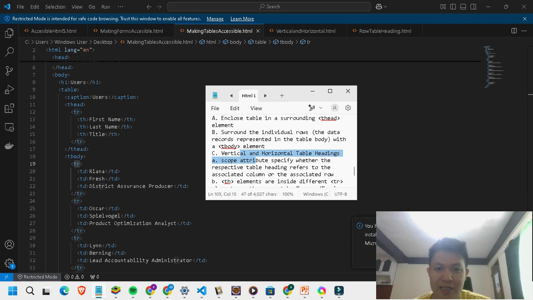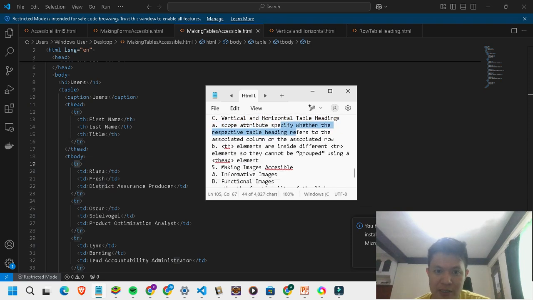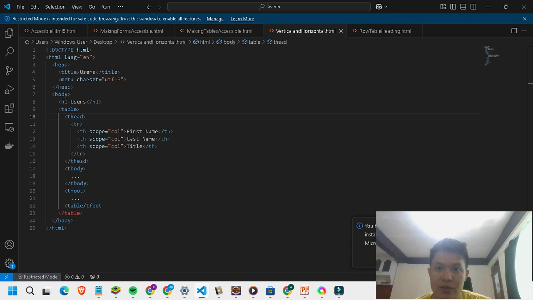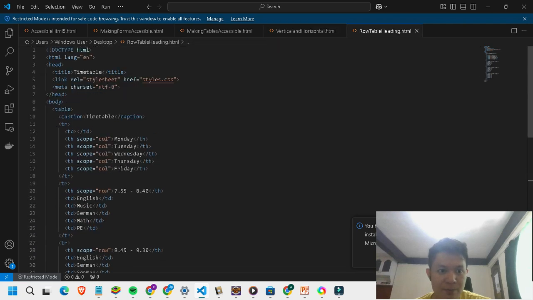For vertical and horizontal table headings, there's a scope attribute that specifies whether the respective table heading refers to the associated column or the associated row. So here's an example. So scope for TH, by default, it uses scope as column.